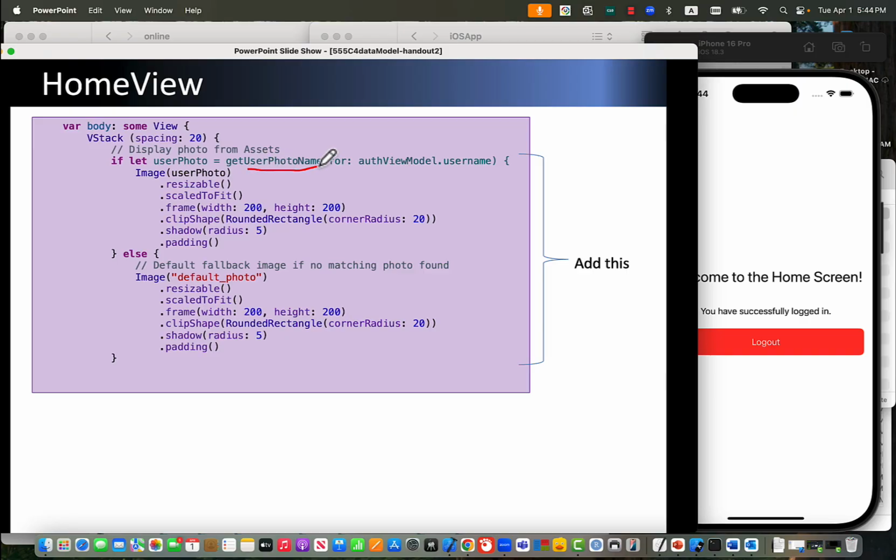The user photo, we need to get the user photo by username. That's what we have. You can name your photo differently. Then you need to put that file name here. But I want to display the photo when that user is successfully logged in. So I use that username, get the photo, and that photo is displayed by